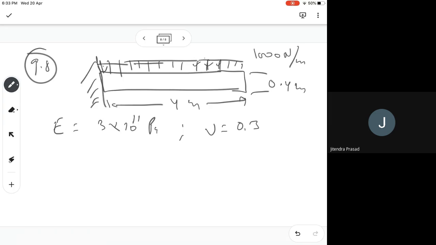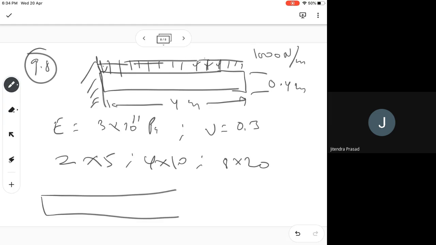Again, you can use the code. Basically, you can modify the code that I uploaded earlier. It says that for meshing you have to do 2 by 5, 4 by 10, and 8 by 20. So 2 by 5 really means that the whole domain has 2